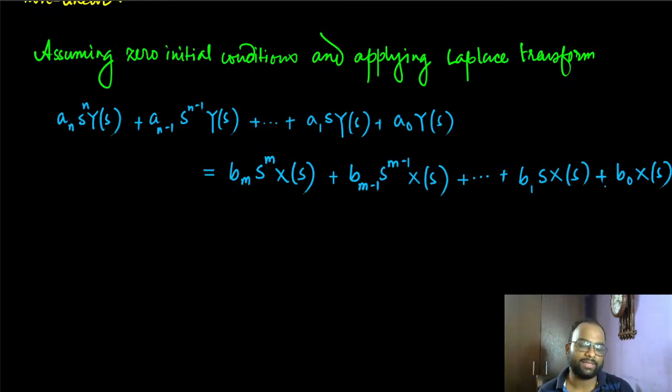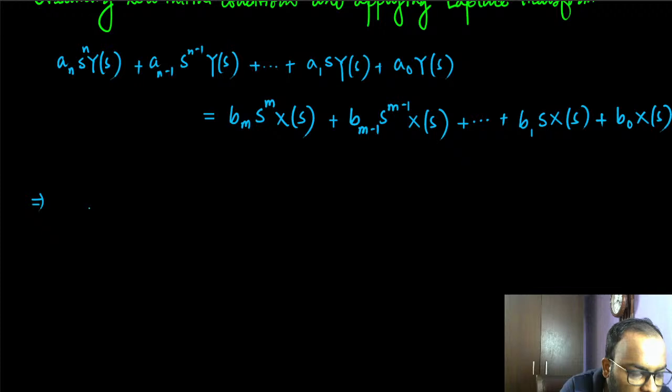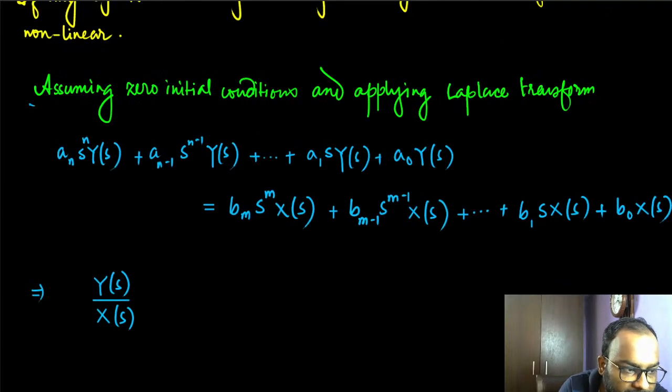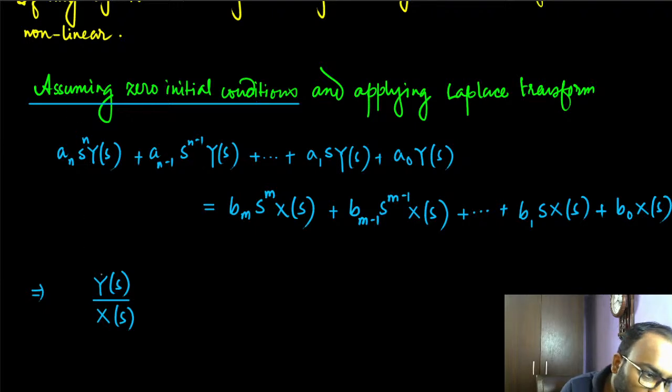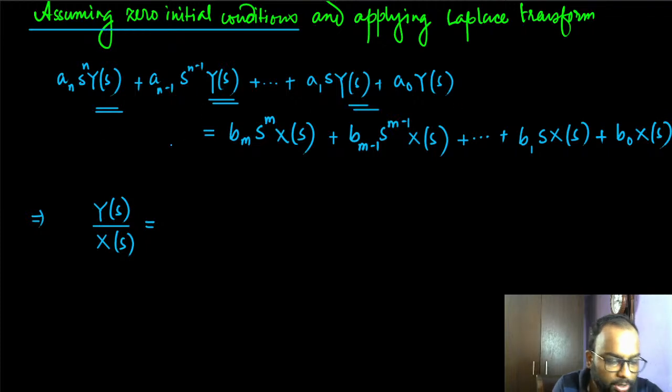So that's again the Laplace transform version. Okay, and obviously the ratio of the Laplace transform of the output to that of the input, again assuming zero initial conditions, is going to be, if we factor out Y(s) from the entire equation on the left hand side and factor out X(s) from the right hand side,